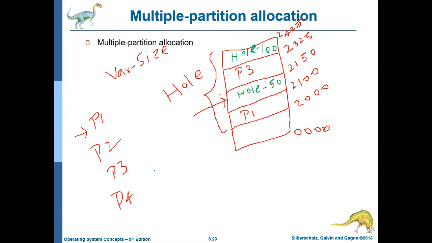Now assume that another process P5 comes, and P5 is demanding 150 MB memory exactly. But what happens? We have two slots. One slot is 50 MB, another slot is 100 MB. So in this 50 MB slot, you cannot accommodate P5. In this 100 MB slot also, you cannot accommodate P5.